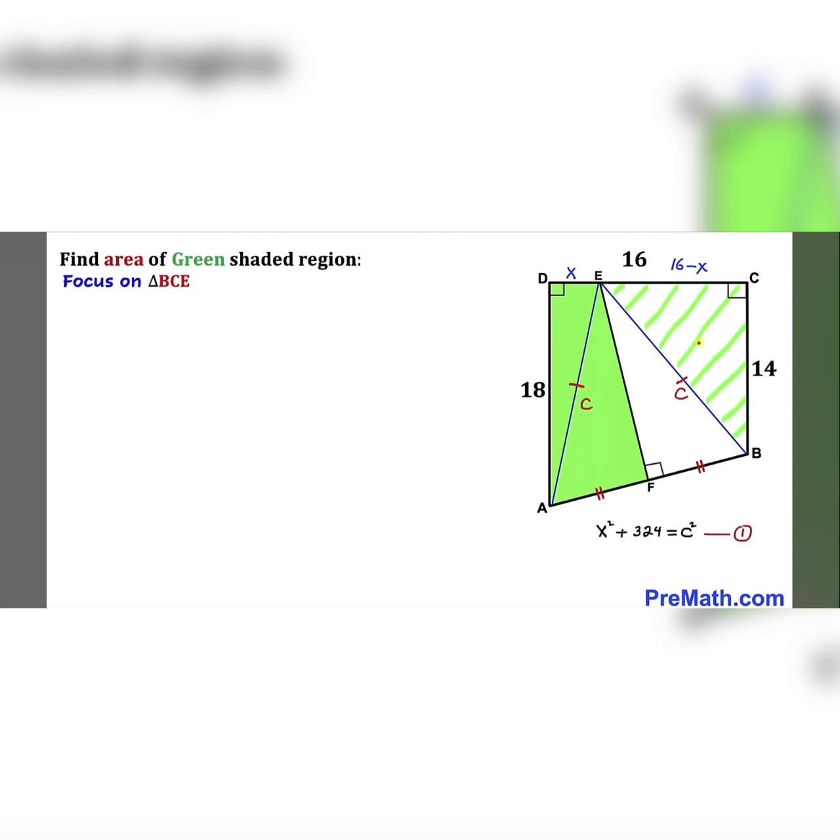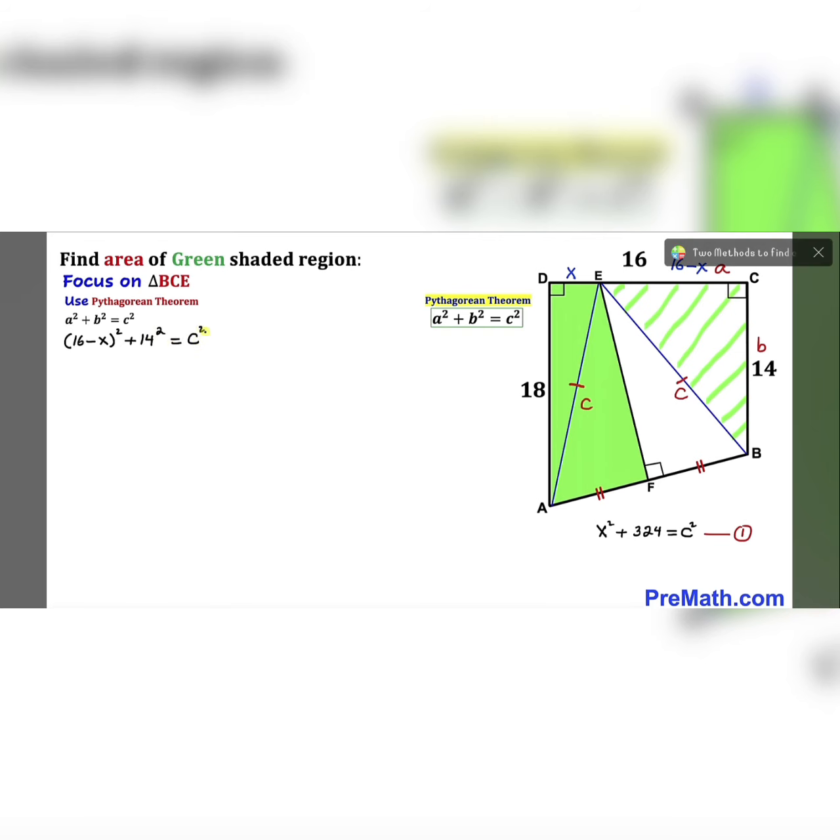And now let's focus on another right triangle, BCE. We are going to use the Pythagorean theorem once again: a squared plus b squared equals c squared. Let me call this longest side c. I'm going to call this side lowercase a and this lowercase b. So let's fill in the blanks. a in our case is 16 minus x, whole squared, plus b, in our case 14, whole squared, equals